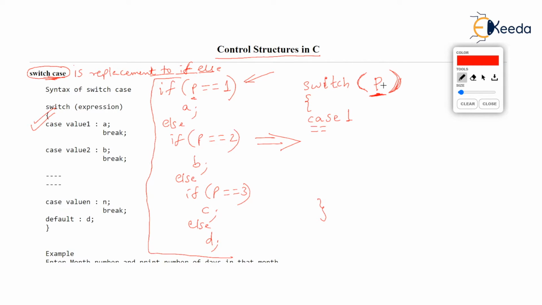So what do you have? You are checking, is p written in the bracket here equal to 1? After this 1, that is case 1, you write a colon character. It's there in the grammar. Then you write the statement which you want to execute if p is 1. As you see in the original, if p is 1, you want to execute A. That's exactly what you have written. If p is 1, you want to run A.